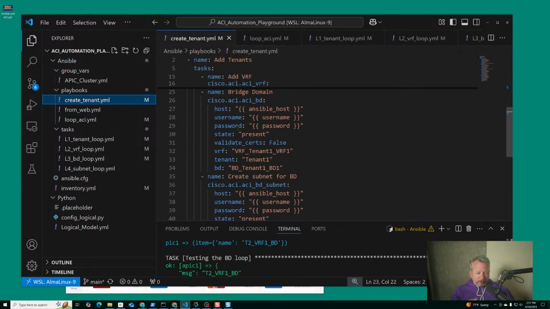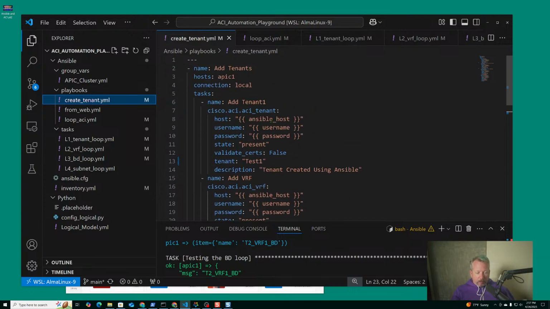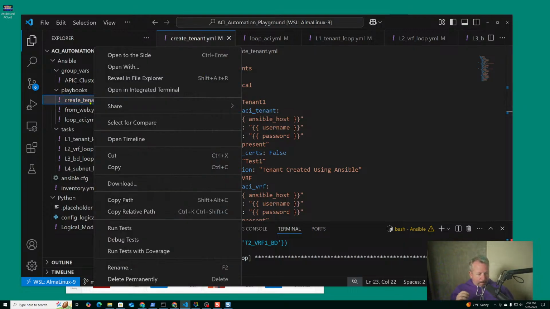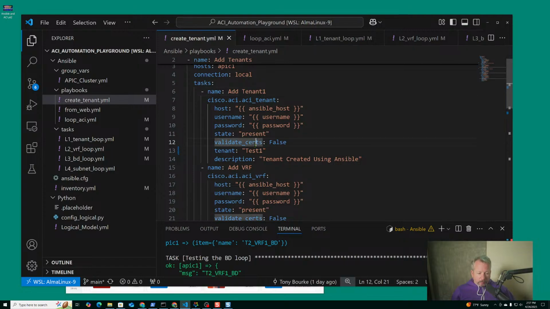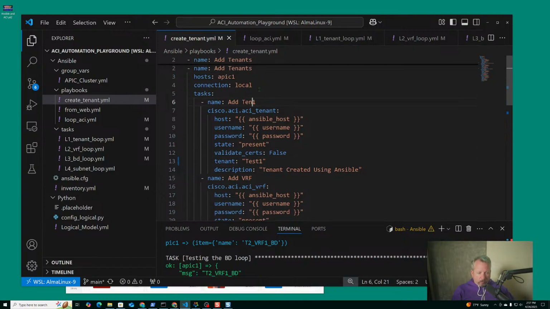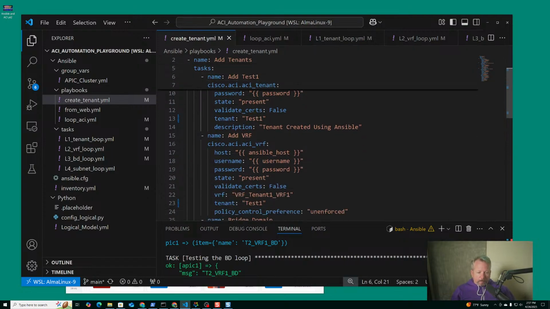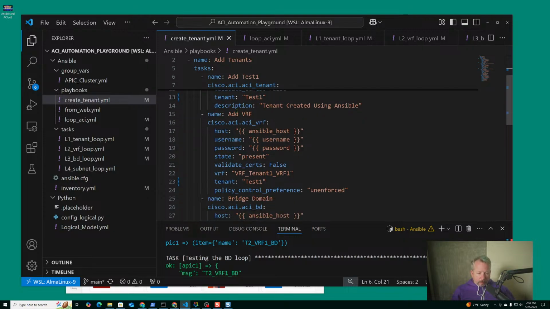So I like to break these things down into discrete parts. So we're going to do create tenant, and we're just going to create one tenant with one VRF and one bridge domain and one subnet, just to see that we get the parameters right in these modules. So we're using Cisco ACI. We're going to add tenant 1. We'll call it test 1. And then we're going to add a VRF,